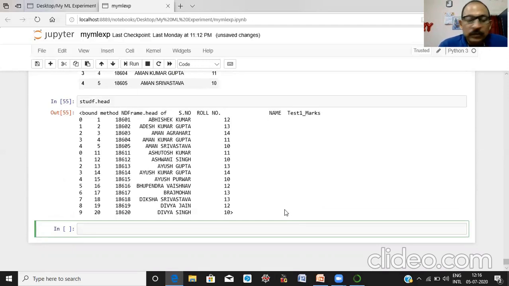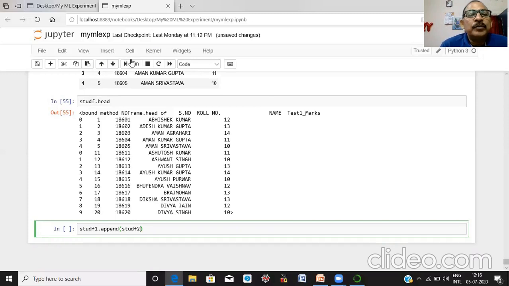Other way you can do this is df1 dot append df2.